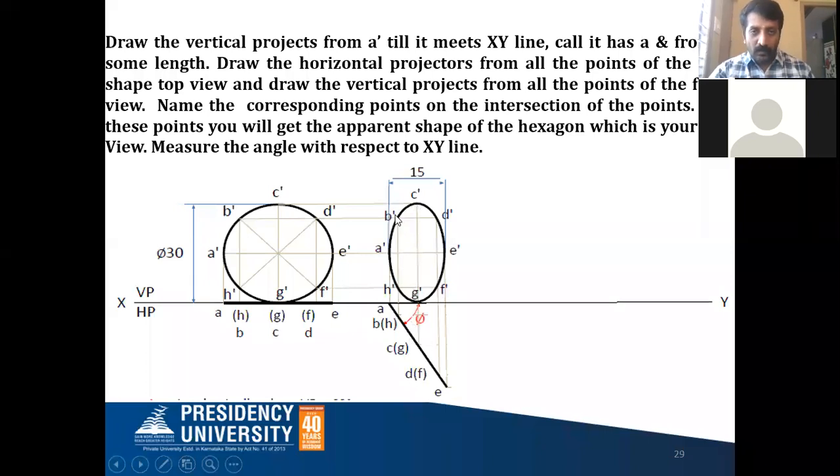Now with the help of a smooth curve, we are able to draw the ellipse. Whereas in the software, after drawing the true shape diagram, here itself directly ellipse you can draw and you can fix it here. But in the manual method, the complete ellipse you cannot draw it. So only the points you can mention: A dash, E dash, C dash, and G dash. After drawing the top view only, you are able to get all the other 4 points. Then you can join these with a smooth curve. That's all. So this completes your top view.